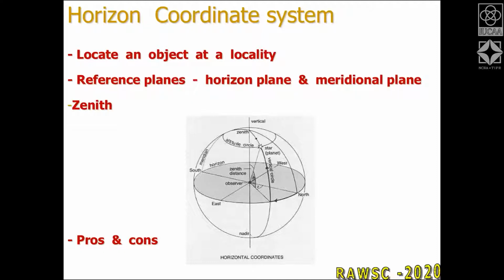So, let's say this is a representation of the place you are in. You are the observer at the center of the sphere. This big plane is your horizon plane, which is the shaded plane. Any angle from the horizon plane along any great circle in this sphere is called the altitude, which somebody already defined. Now you need to define the other plane.